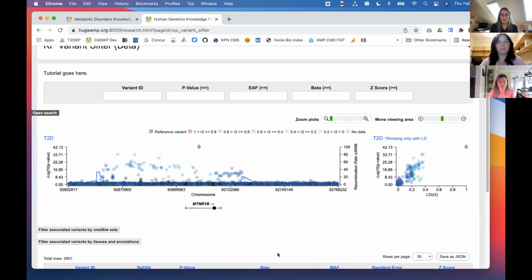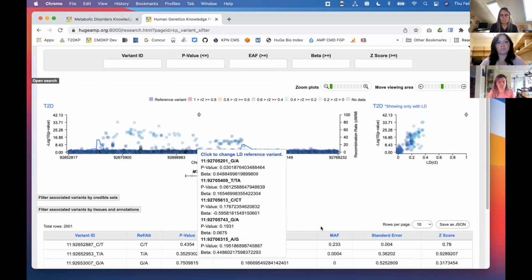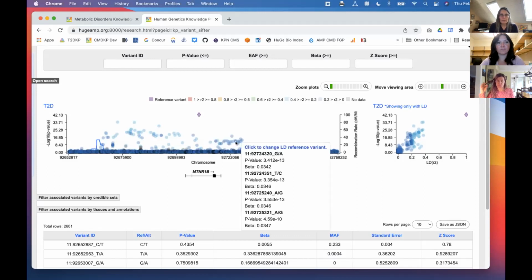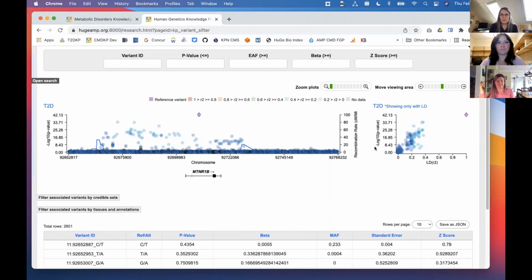So when you first see the page, you see an association plot. Okay, so we're looking at T2D associations. And we can see, as we saw in GEM, there is one index variant that really stands out here, and we'll be talking more about this variant later. In addition to the association plot across the region, there's also an LD plot that shows the positions and the LD relationships of all of the variants across the region to the index variant. And you can change the index variant in the display, and then you'll see the relationships of that variant with the other ones.